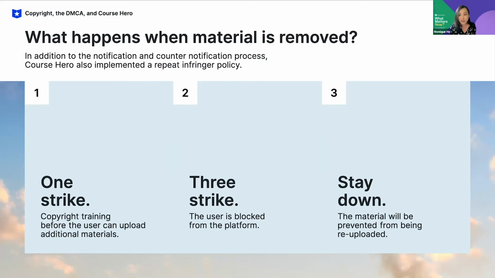And then if a takedown notice is properly filed, what we do is remove that material. And we let the uploader know that someone has filed a takedown notice. This is where they have an opportunity, again, like I said earlier, to dispute it. They can reach out to you as the requester and say, hey, I licensed this from you, or no, this